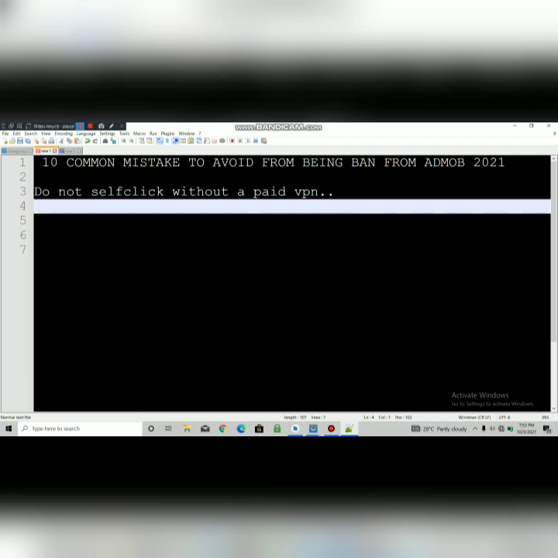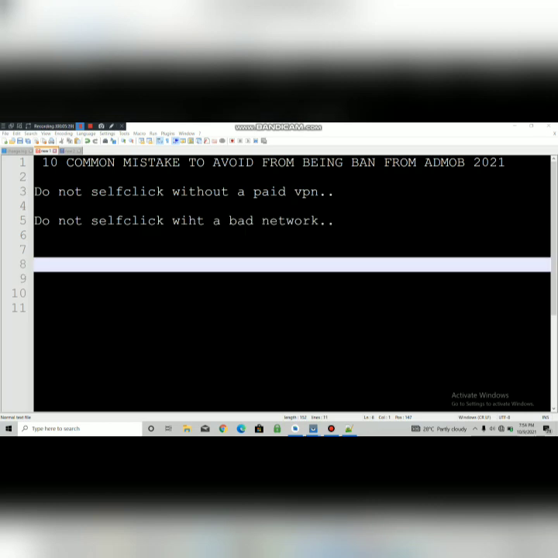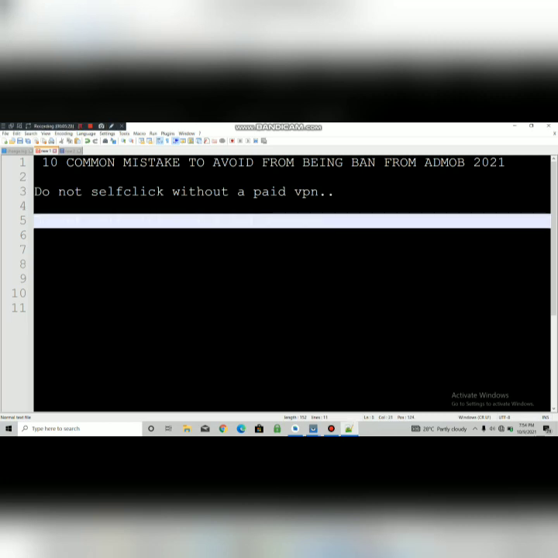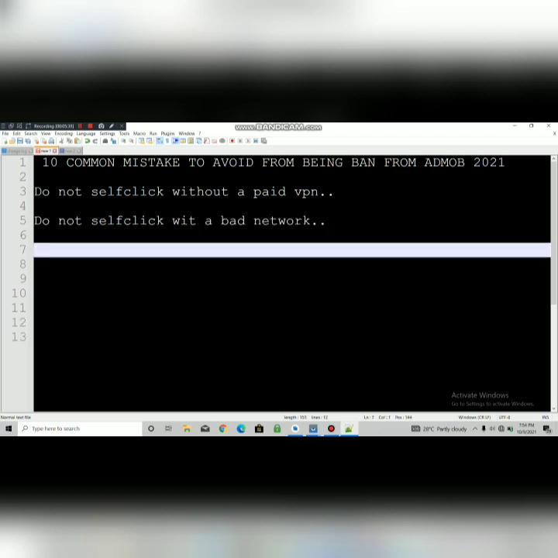Okay, so I'll be going to the second point. Guys, the second point is, do not self click with a bad network. I've already explained this. Using a paid VPN is good as well, but do not self click with a bad network, because